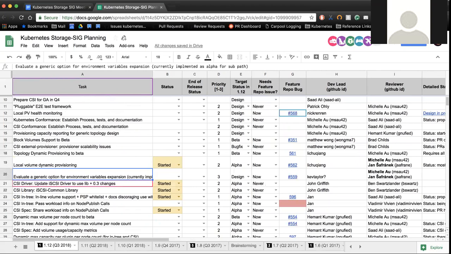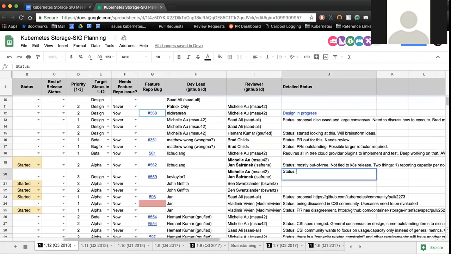All right, next up is evaluating generic options for environment variables currently implemented as alpha for subpath. Yeah, so I can update on this. It turns out that the change we made for the alpha feature is an API breaking change, so we cannot use that approach.